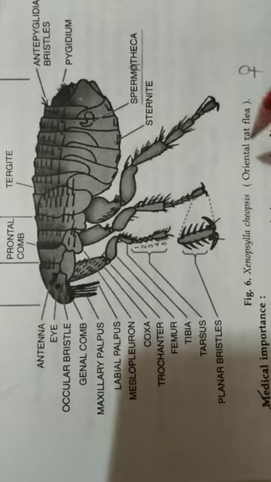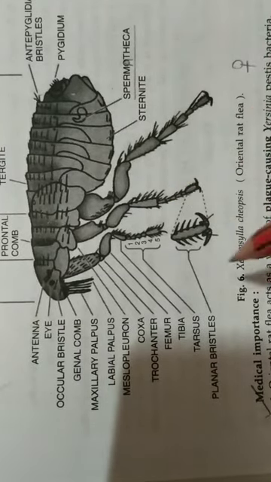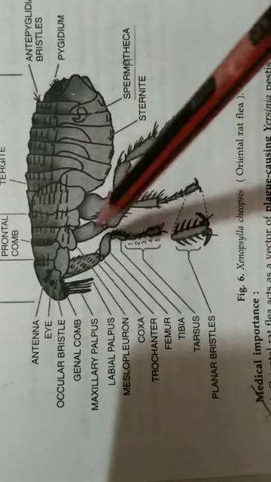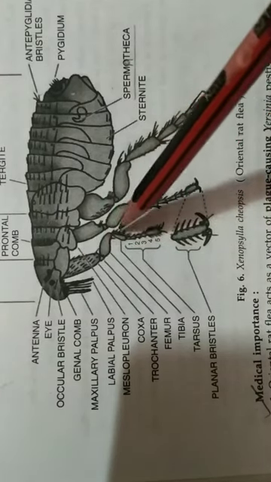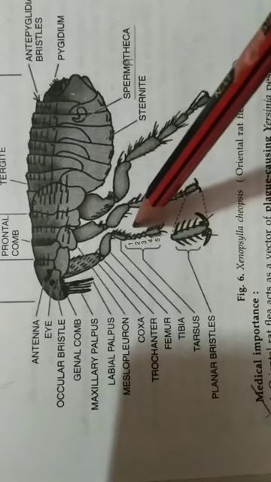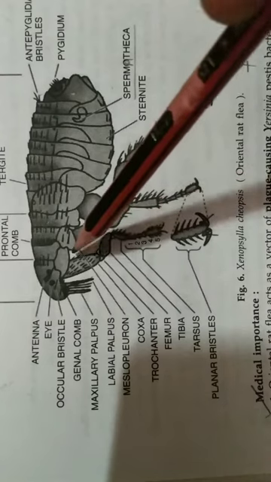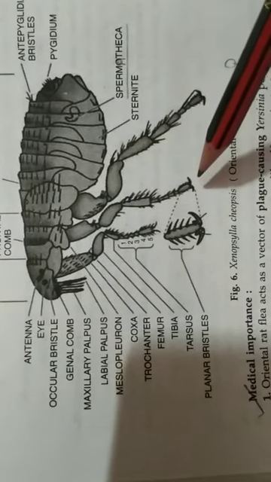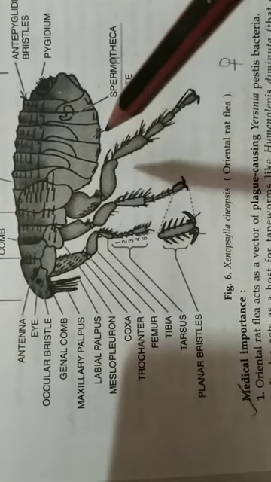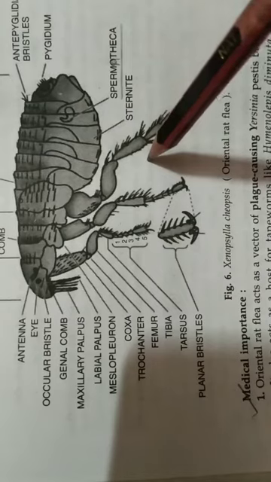Now let me tell you that the legs of the insects have 5 parts. हमेशा legs में 5 parts ही होते हैं. This is the coxa, this is trochanter, femur, tibia and tarsus. ठीक है, तो कोई भी इंसेक्ट्स होंगे उनके लेग्स में यही 5 पार्ट्स होंगे और यही 5 पार्ट्स जो है वो फिर वेरियसली मॉडिफाइड होते हैं अकॉर्डिंग टू द हैबिट्स ऑफ द डिफरेंट टाइप्स ऑफ द इंसेक्ट्स.